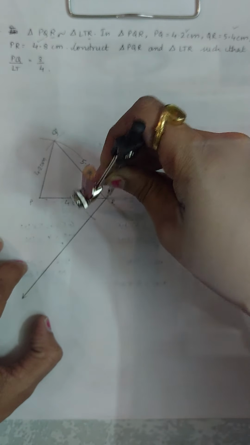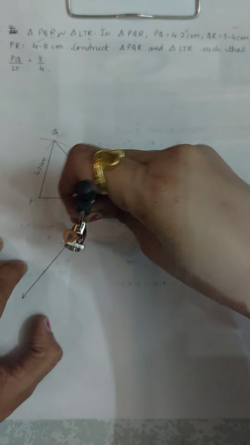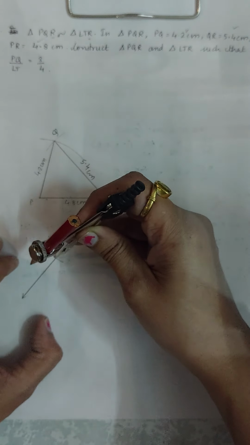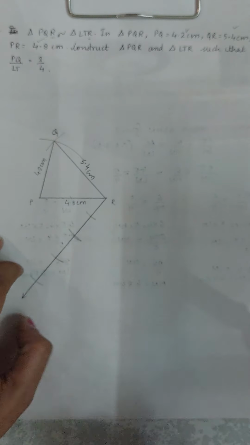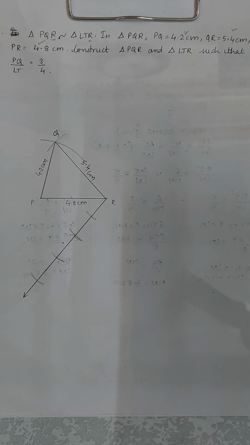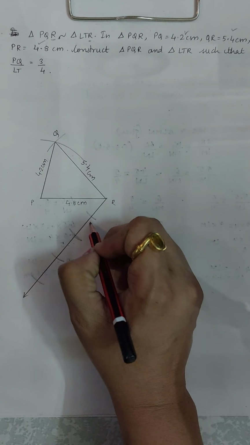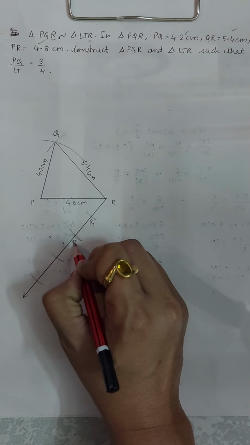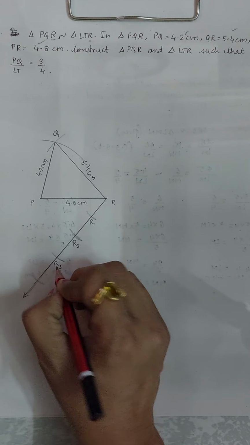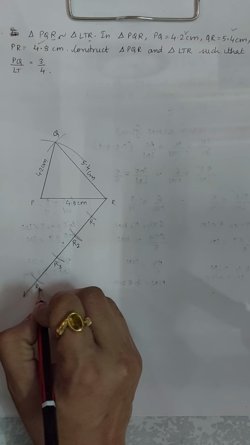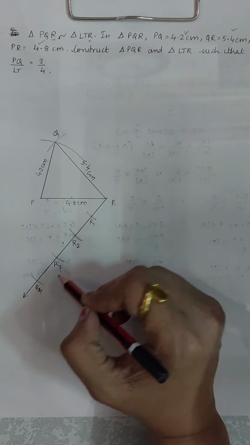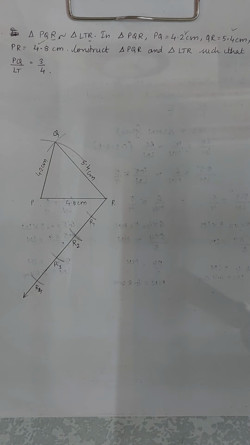Whatever measurement you want, 1, 2, 3 and 4. Okay, so these are the 4 arcs which I have made. Then I'm going to name them as R1, R2, R3 and R4. This was R, so I'm naming them as R1, R2, R3 and R4. Now I'm going to